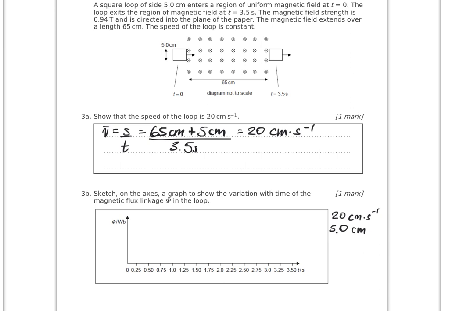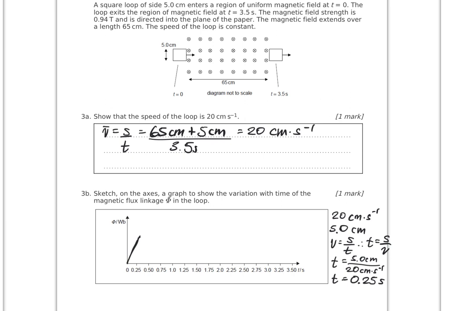and then as the loop enters the field, eventually it is entirely in the field once the 5 centimeters has crossed into the field. And at 20 centimeters per second, a 5 centimeter loop is going to take 0.25 seconds. It takes a quarter second in order for the loop to fully enter the field. So from 0 up to 0.25, we're going to have a steady increase in the field, in the induced field in the loop,